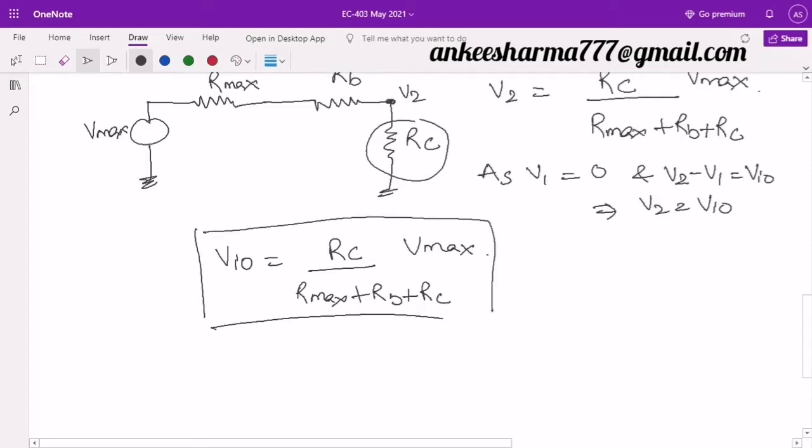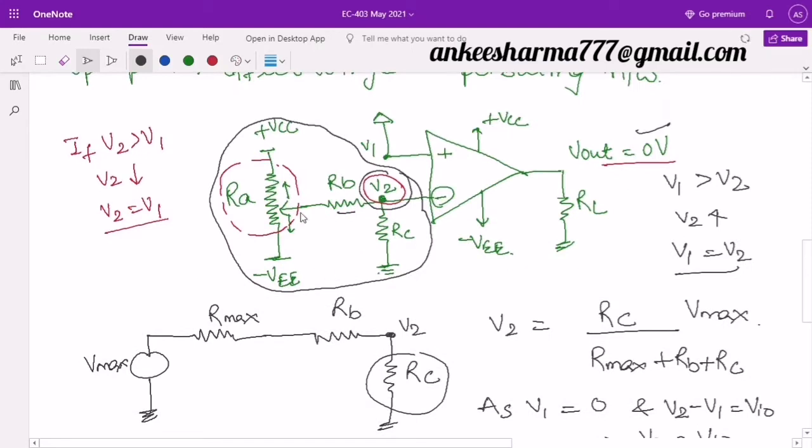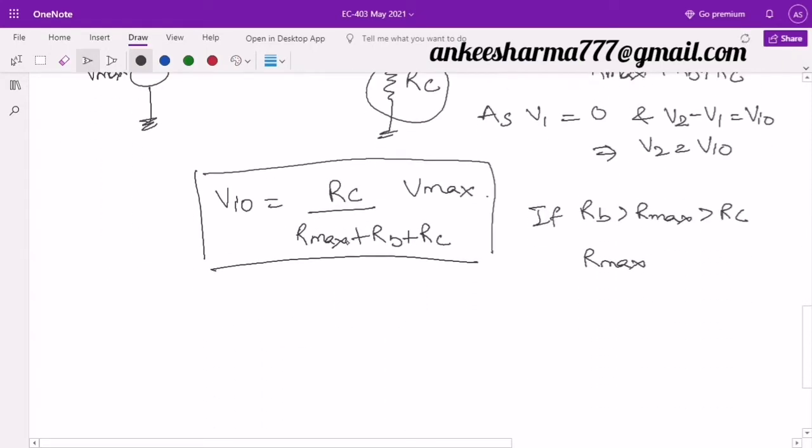Now you can see here that I can make some assumptions, and those assumptions are that RB is greater than R max and it is greater than RC, where normally R max is in the circuitry. If you see, I have denoted here RA, so this R max will come out to be around RA by 4, because we normally put it in the center for the maximum voltage. So RA by 2 will be in the upper part, RA by 2 in the lower part, and the parallel combination of RA by 2 parallel with RA by 2 will come out to be RA by 4.